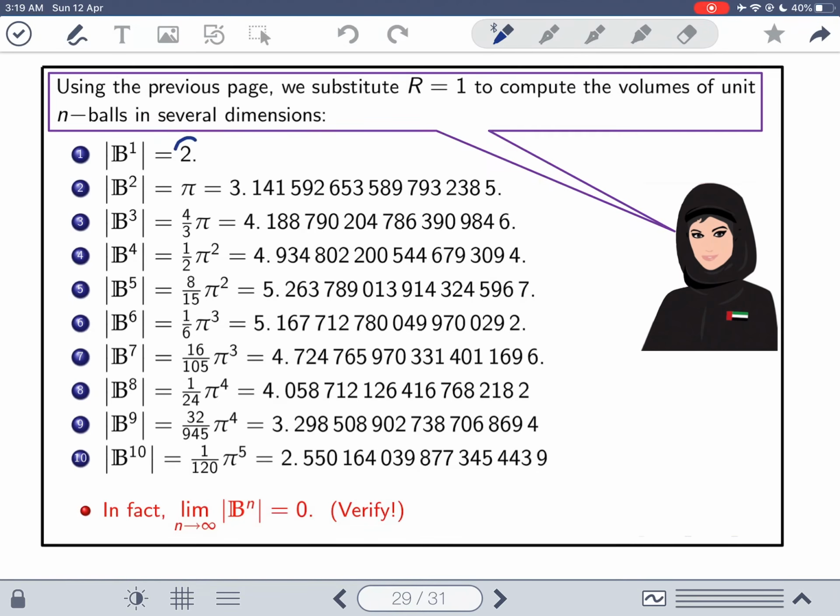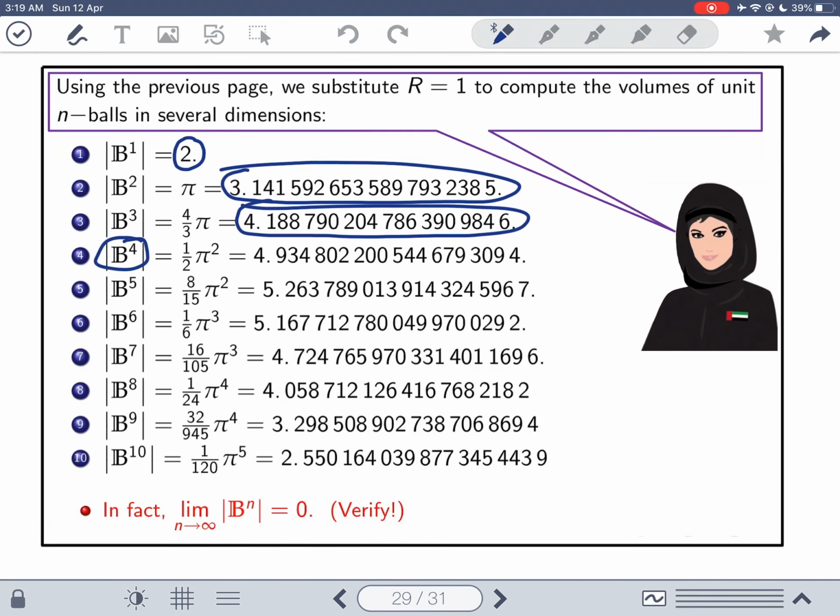First, in dimension 1, the volume is 2. In dimension 2, the volume is pi, which is 3.14. In dimension 3, it's 4 over 3 pi r cubed, but r is assumed to be 1. So you see 4.18, whatever. Then in dimension 4, look, it's 4.9. Dimension 5, 5.2. But now look at what's going on. In dimension 6, its volume is less than dimension 5. So a person who sees the first 5 dimensions would think that the volume increases with more dimensions, but actually it starts decreasing,